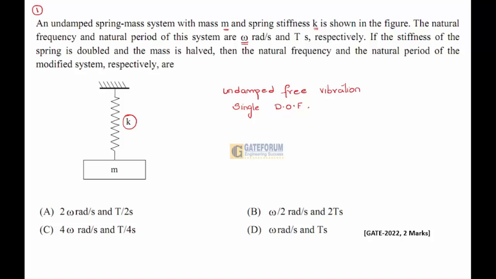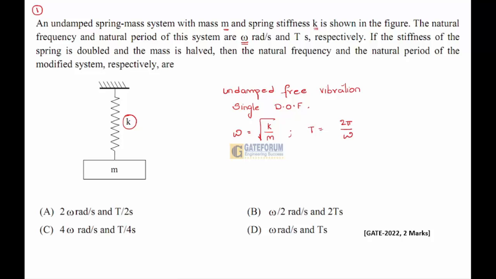When we give the natural frequency and natural period, which are omega radian per second and t seconds respectively, the equation becomes omega is equal to under root k by m, and t is equal to 2 pi by omega. These are the basic formulas which you people should know. So, when considering this system,